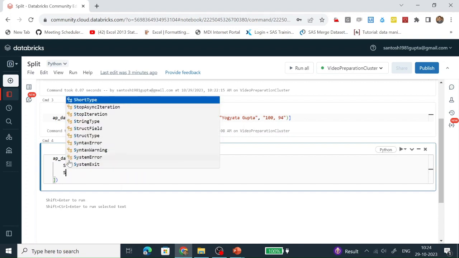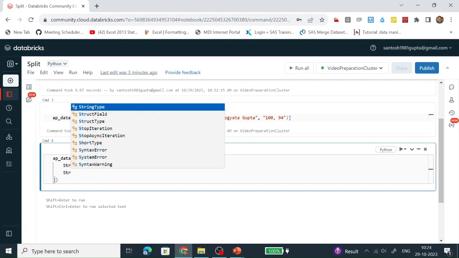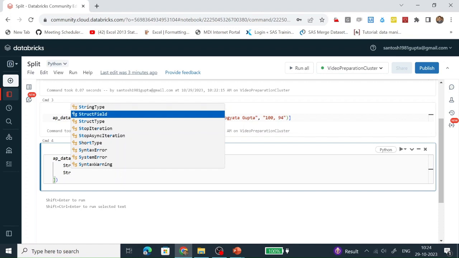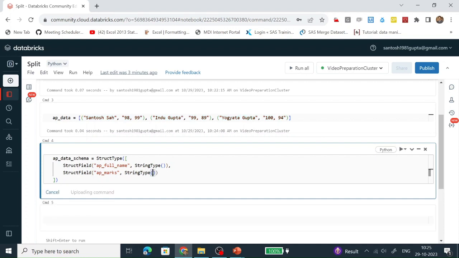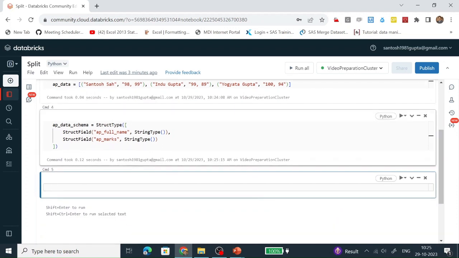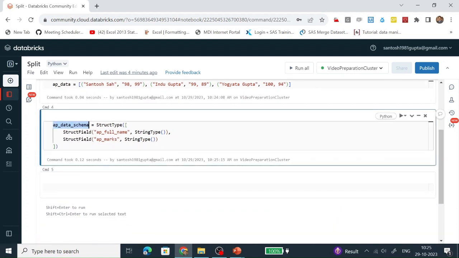Let's define another column. The column name is AP marks and it is of string type. Let's run it. This custom schema has been created successfully.